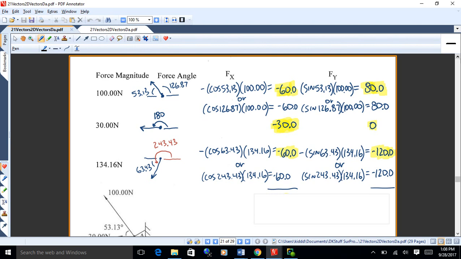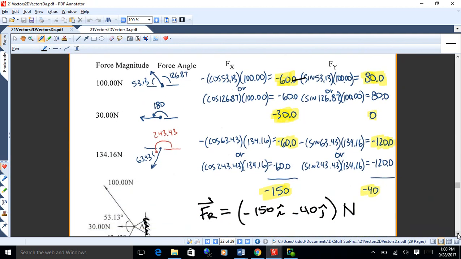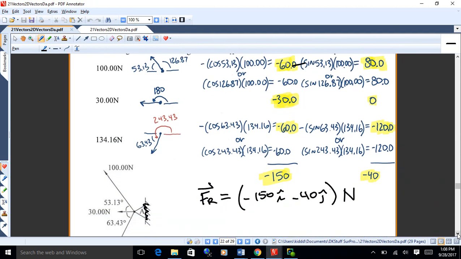All right, so the next thing we do here is we add them up, okay? So you just add up the two columns and get the total of the x and the y. Now remember, just standard arithmetic does not work with vectors generally, but it does work if you've got things all going in the same direction,